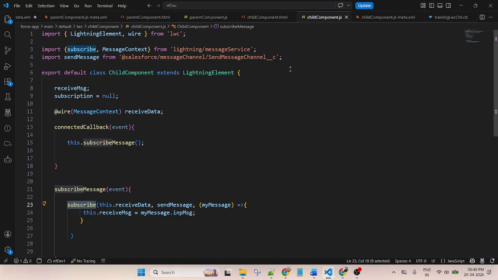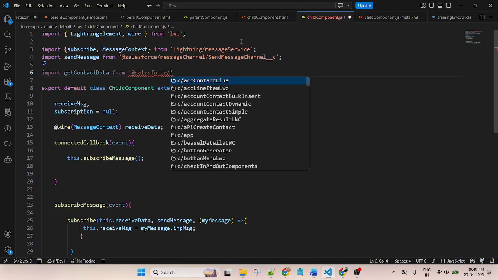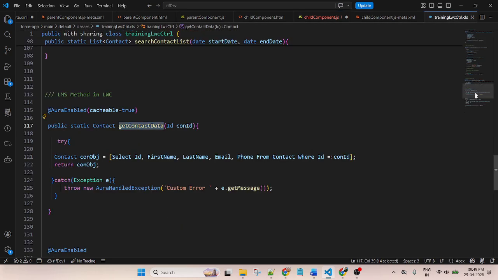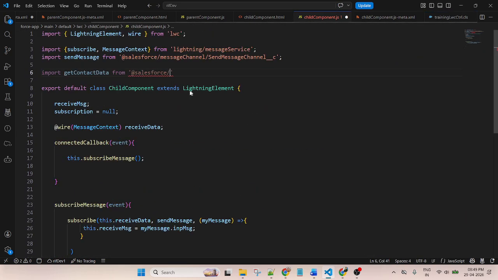In this child component, we need to import the method from @salesforce/apex/ControllerName.methodName. Before the name of the controller, use apex.